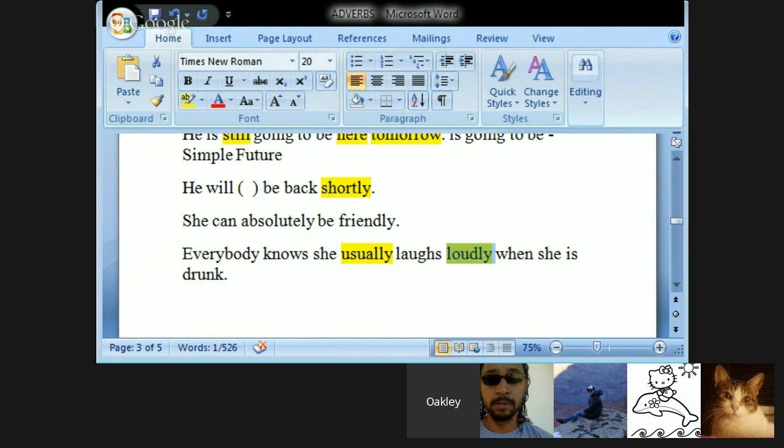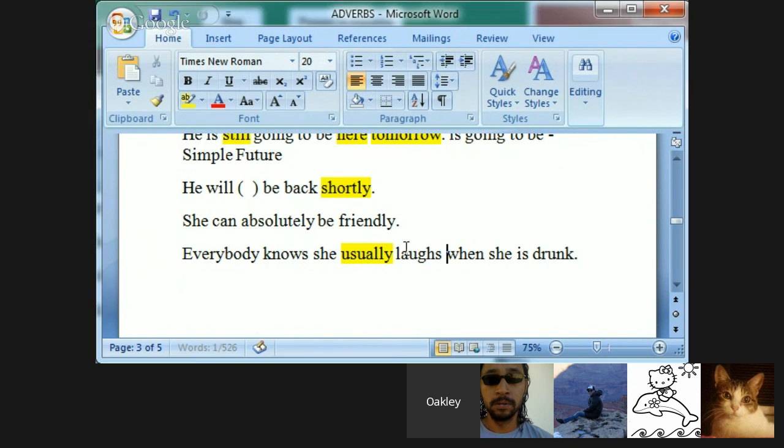That is because, again, it's all about this placement. If I put them together, I would automatically have to assume that usually is modifying loudly, because